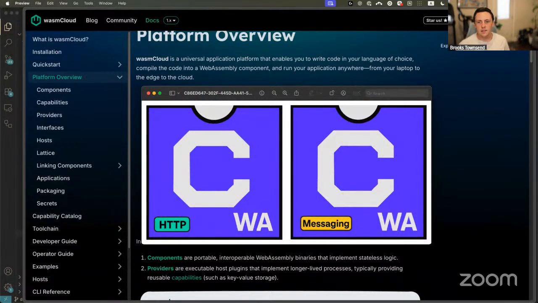Like HTTP services, I think are the most popular right now. HTTP is a WASI 0.2 standard interface, so it's been integrated in a bunch of places. Messaging is really popular in wasmCloud because we have that direct tie-in to NATS, so it's just always there. We'll probably want a little badge for a plugin, like to wash. That's a special type of component. I don't want to get too prescriptive here, but